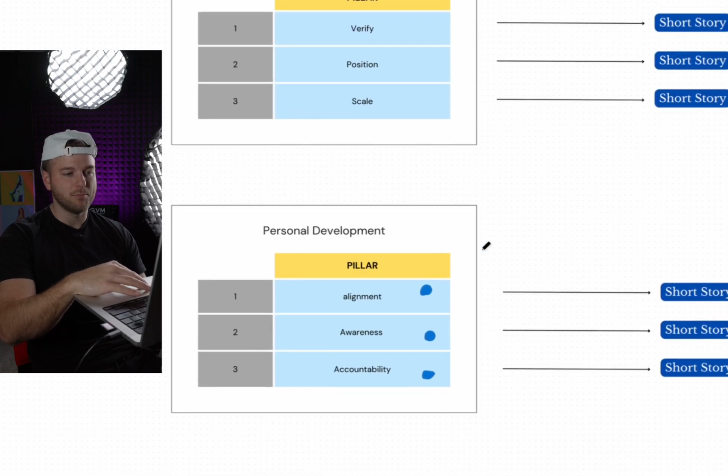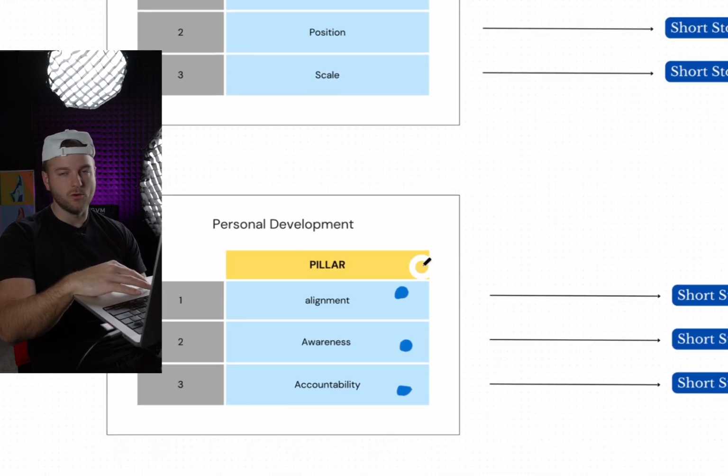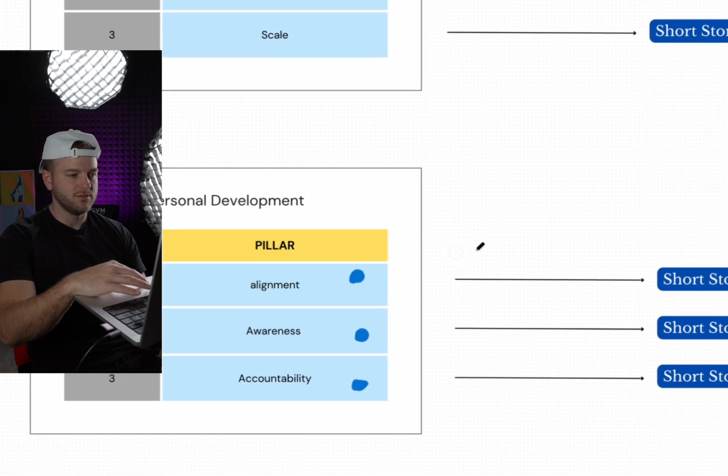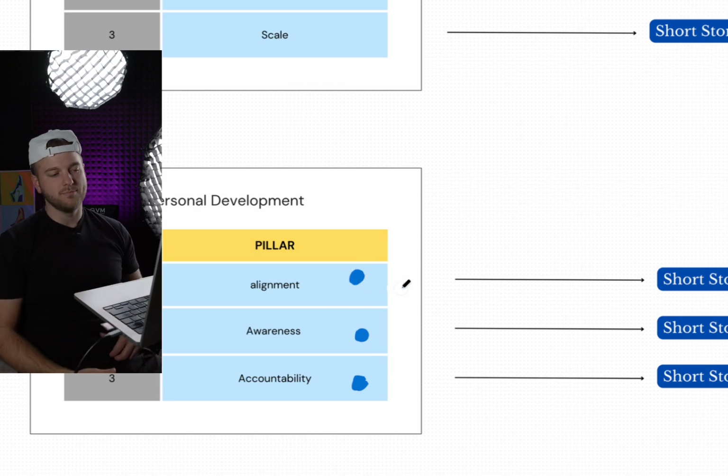So the first one is a personal development offer. We help people change their life and improve themselves through personal development. Let's just say that. Now, what we see here is the 3 pillars are alignment, awareness, accountability. And so let's do a quick role play. I'd be like, Bob,